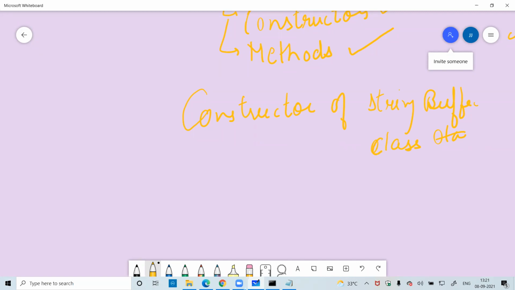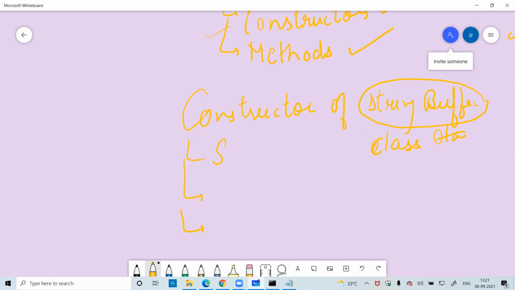First, I have given you the definition of the StringBuffer. Now I am going to discuss the various constructors which are available in the StringBuffer class. There are only 3 constructors available in the StringBuffer class.